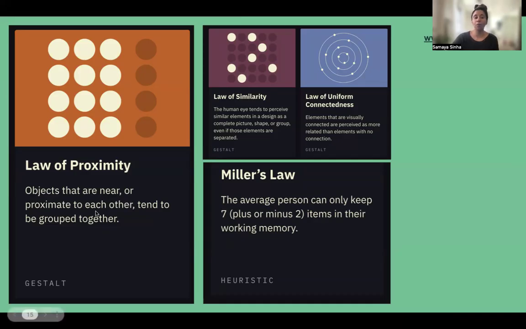And so one of them is the law of proximity. Objects that are near or proximate to each other tend to be grouped together. The law of similarity. The human eye tends to perceive similar elements in a design as a complete picture, shape, or group, even if these elements are separated. And so we're now starting to get into more of the visual design principles. Miller's law is a really good one. The average person can only keep 7 plus or minus 2 items in their working memory. This is probably why Netflix only showcases 5 tiles per row rather than 9 or 10,